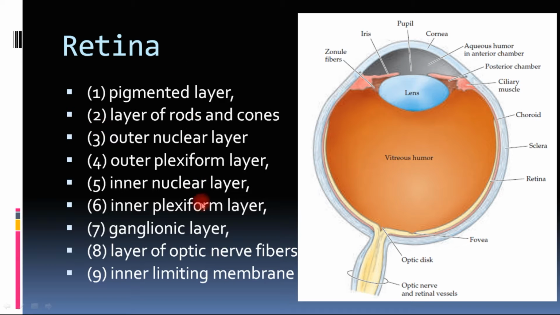So these layers of the retina are arranged in order. This one is the outermost layer, and going through consecutively, this is the innermost layer of the retina. The light which is coming from the optical system falls on the innermost layer, that is the inner limiting membrane, and then goes through various layers of cells and then reaches the rods and cones and the outermost pigmented layer. So this is how the arrangement is. Let us see in detail what those layers are made up of.